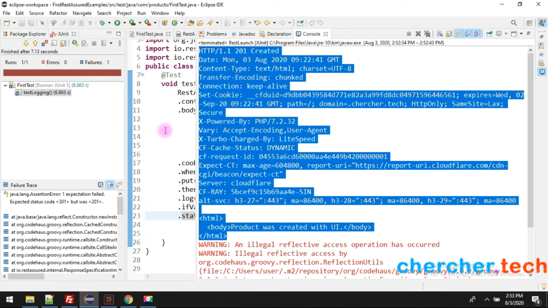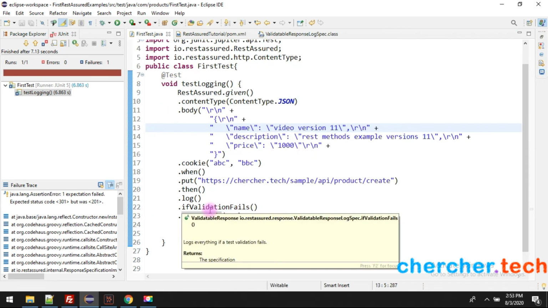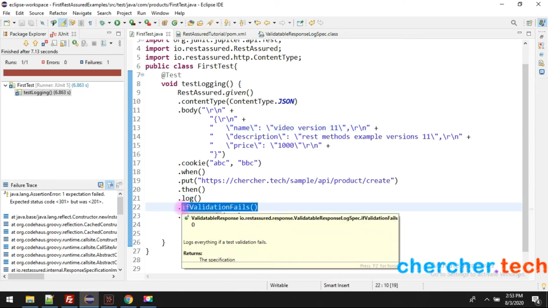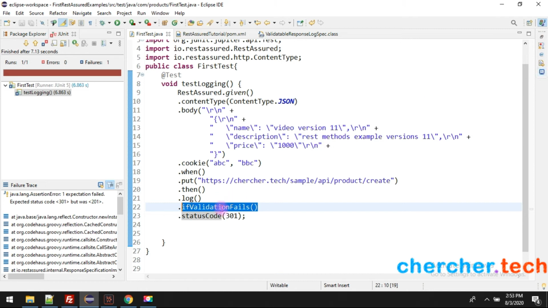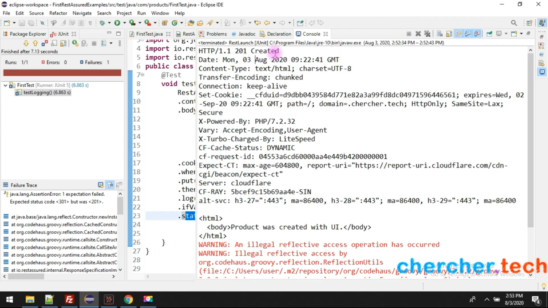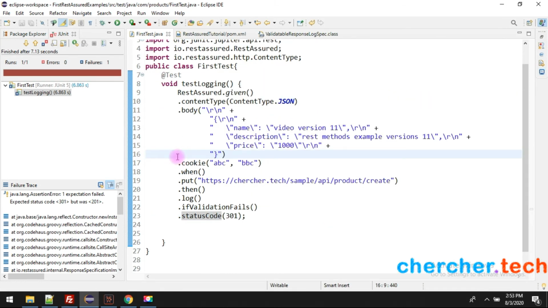So whenever you are expecting something and it is not happening, and you have already used ifValidationFails, then it will print all the details. Instead, if I want to check that it is not 201, I want to print the details, but not all the details, only a certain detail, for example the status. So how do I do it? If you have that question, there is a method called